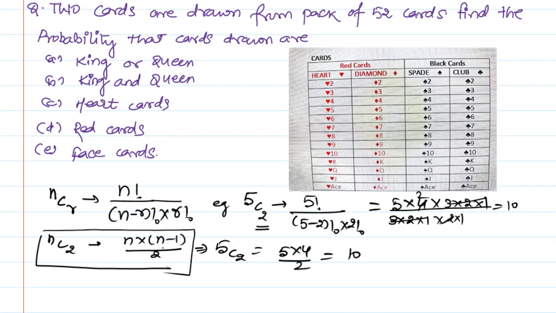Fine. So let's understand the deck of cards. We have 52 cards in all, out of which red are 26 and black are also 26. Equally divided between hearts and diamonds, 13 each. Same thing happens for the spade and club. So spade is also 13 and club is also 13. Now these numbers, what you are able to see, 2, 3, 4, 5, 6, 7, 8, 9, 10, they are called numbered cards.